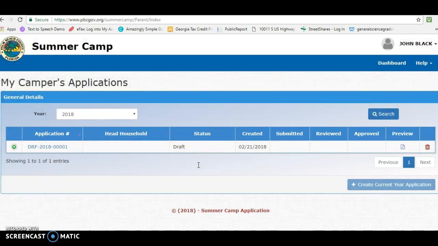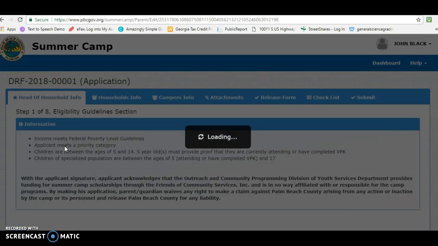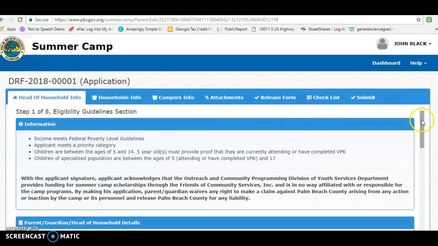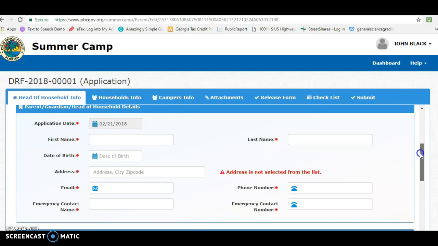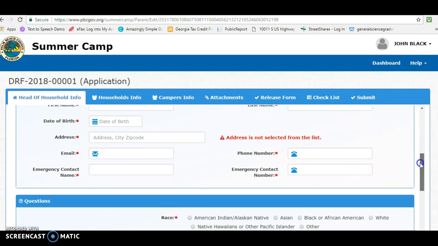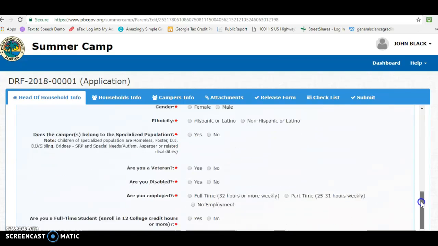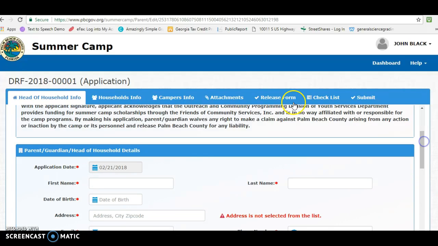I made a dummy summer camp application here, but when you first get in, you're not going to have that. So you need to click on create current year application. Once you do that, it's going to populate and it's going to load. Once it has loaded, scroll down, fill out this information, your information, household, parent house information, question, fill those out, scroll up and